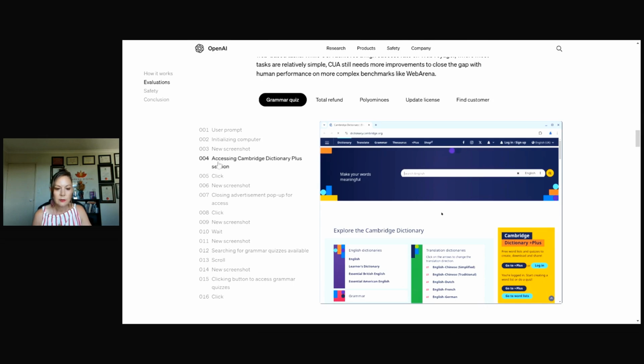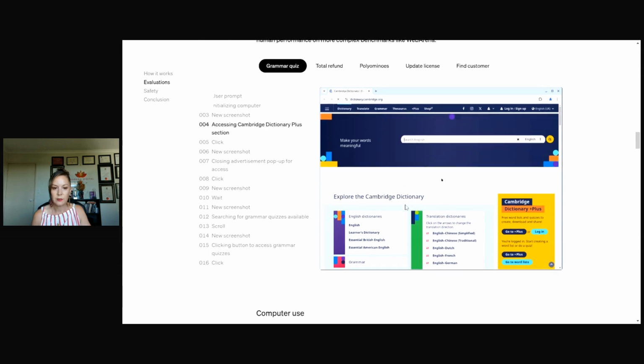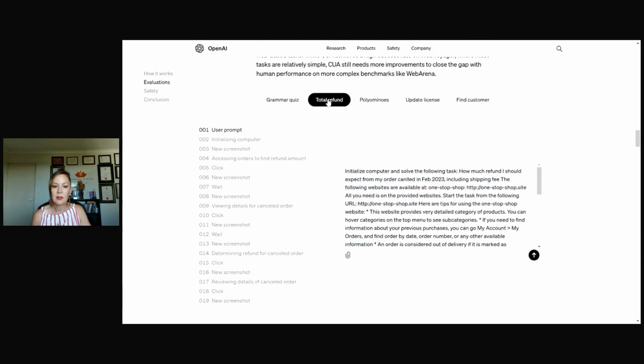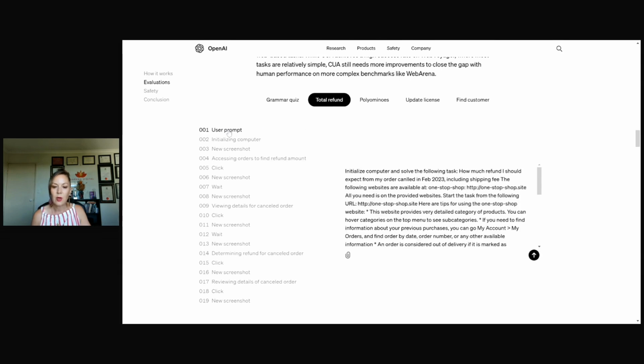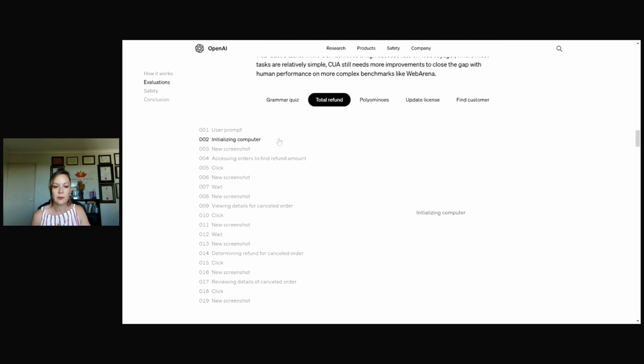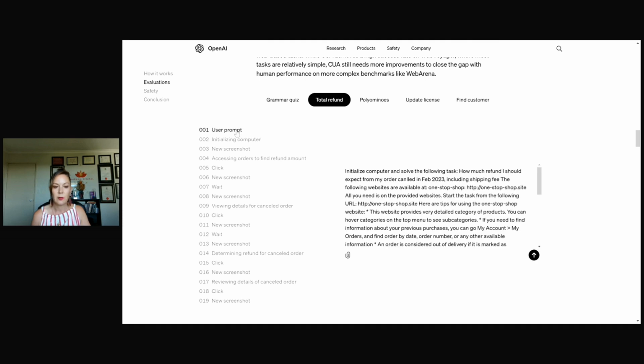Accessing Cambridge Dictionary Plus section. This is one where it says, how much refund should I expect from my order cancelled in February? So rather than trawling the website, it will actually go through that for you.